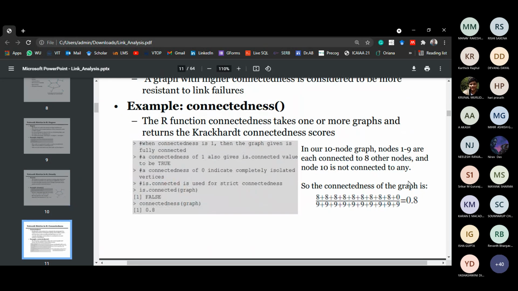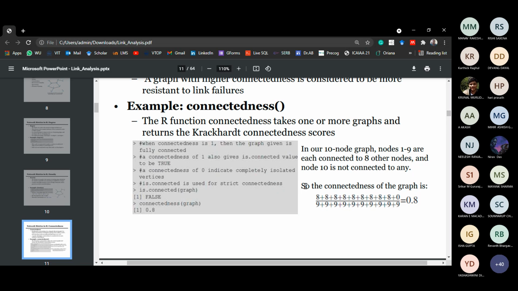Consider how you can compute the connectedness. It is going to be the ratio of the number of connections every node has in the network. For every node in the network, you have to compute how many connections they have, through all the paths that they pass through, divided by the total number of nodes that exist.